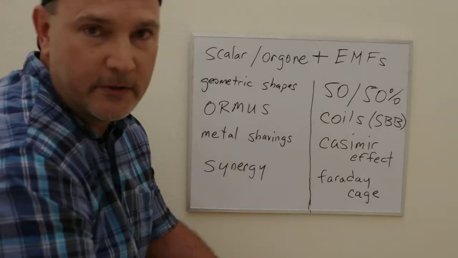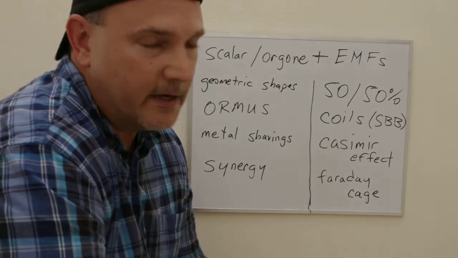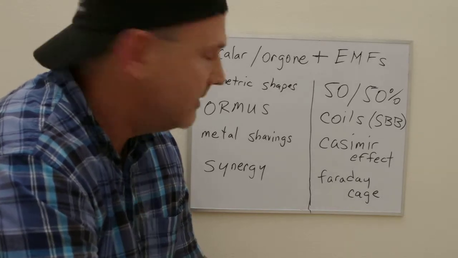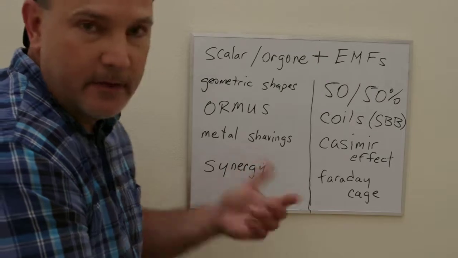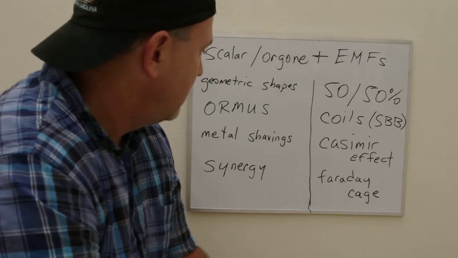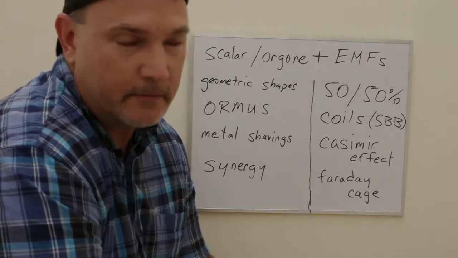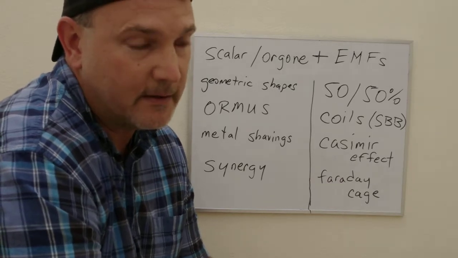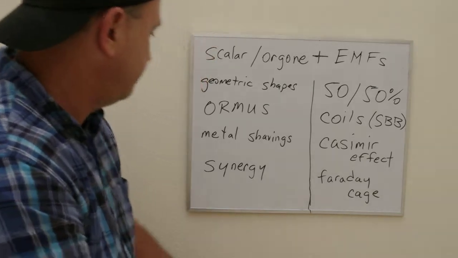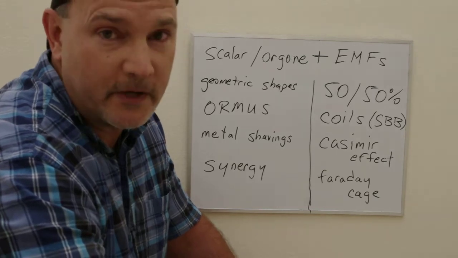Metal shavings. People love to use metal shavings in Orgonite, but of course I've seen what is passed off as Orgonite without metals in them. I wouldn't call it Orgonite, just more like a paperweight. But metal shavings, you could use brass, iron, titanium, aluminum, and I believe different shavings will affect the resonance signature of different pieces of Orgonite. At least that is my hypothesis, and other people believe this too. And I think this has been proven to a certain extent through Kirlian photography.